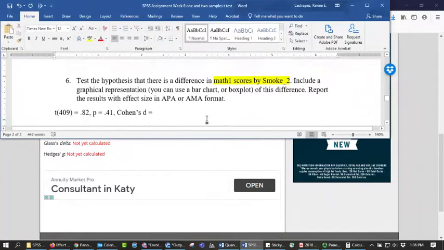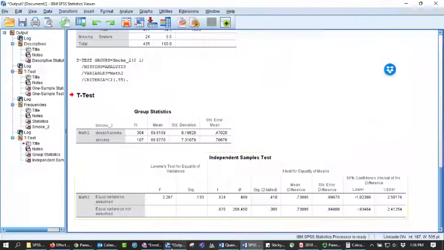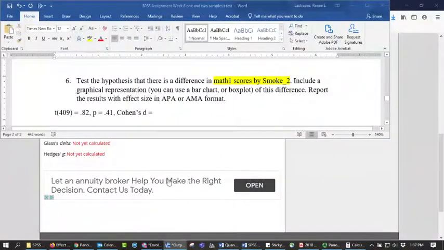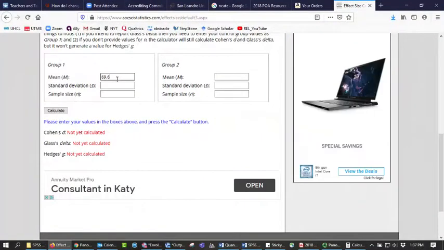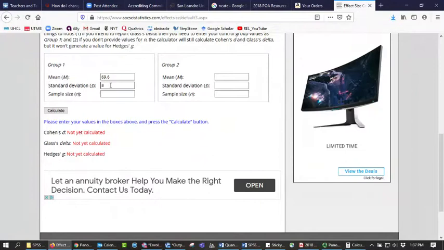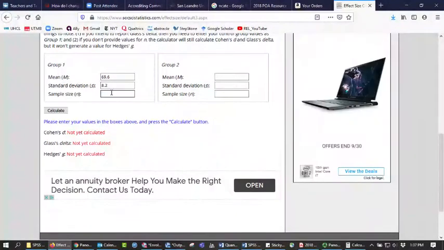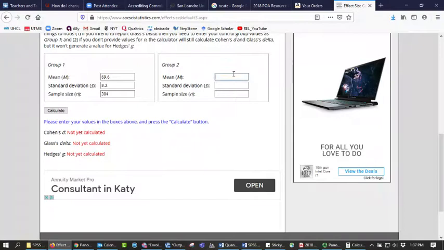Alright, so what do we have? Let me look at the output. So we have, let's just say 69.6, standard deviation 8.1, 304. I'm going to put this on my other screen so I can do this quickly. Okay, so the mean of group 1 was 69.6. My standard deviation was 8.2, and my sample size was 304. My second group, I had 68.8, standard deviation of 7.3, and my sample size was 107. I'm going to say calculate,